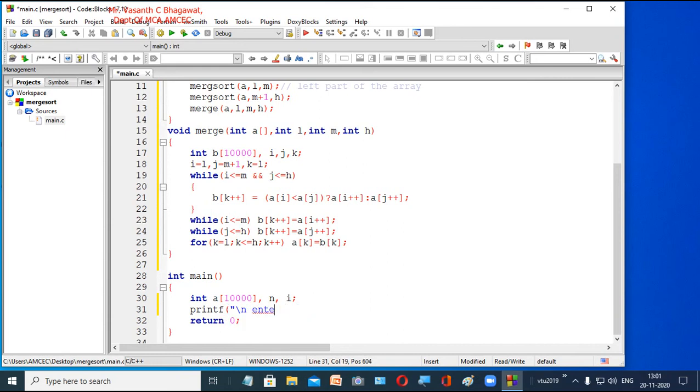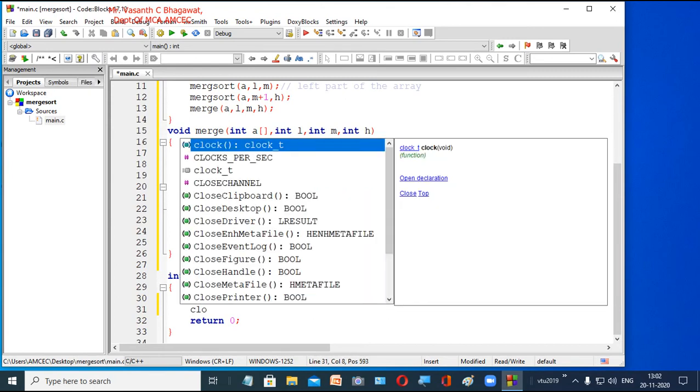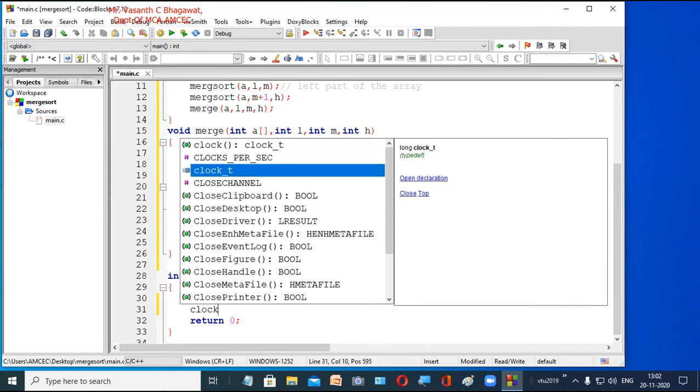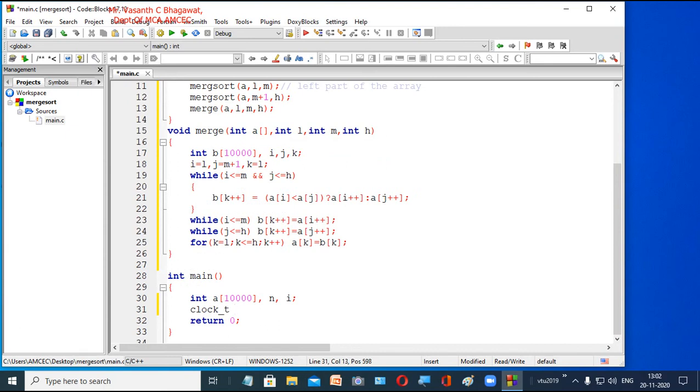Now here we are supposed to find the time complexity also, correct? Since we have to find the time complexity of our algorithm, we need to define the clock variables, just like how we have defined it in our previous program, same variable, same type. So we are going to declare clock underscore c. We'll declare one variable c, declare this variable c, right?